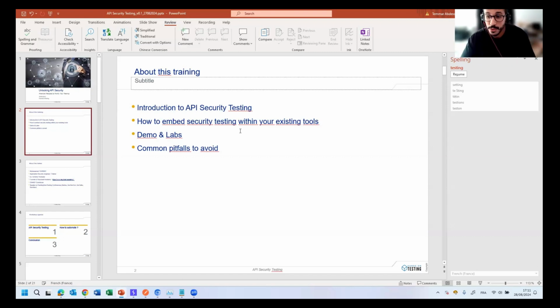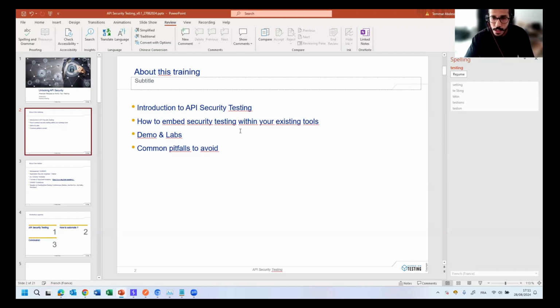And when trying to embed security testing, it's not an easy task. So that's why I'll provide you with some pitfalls and some tricks to avoid,